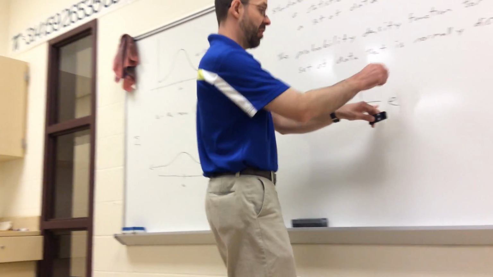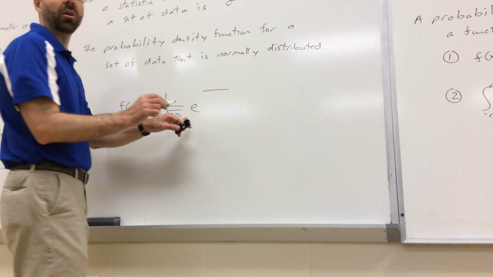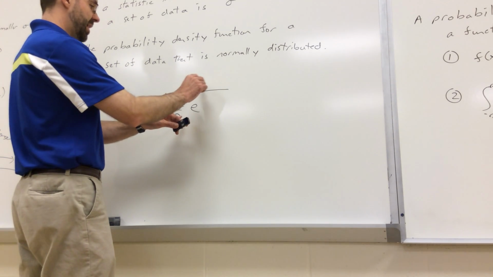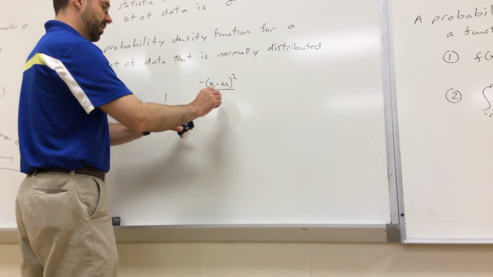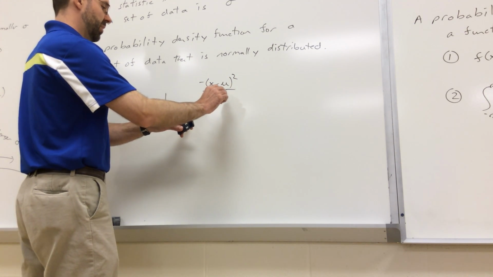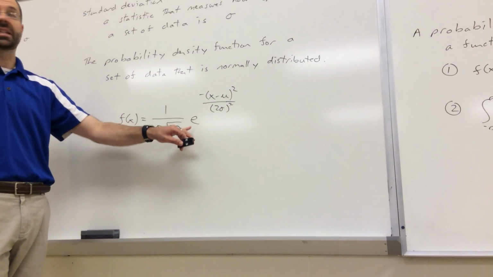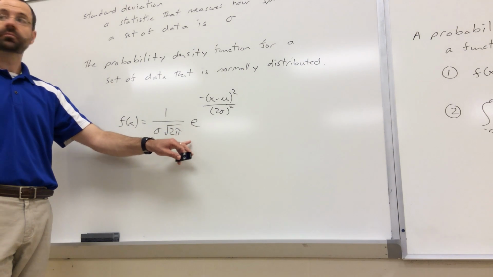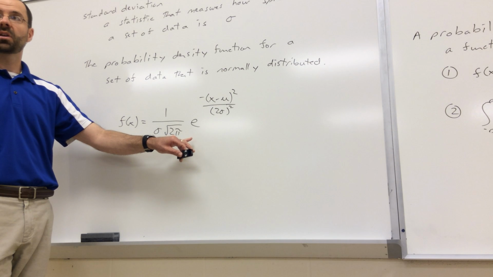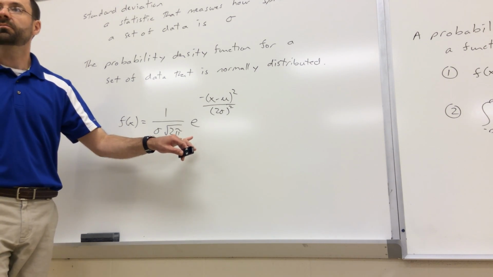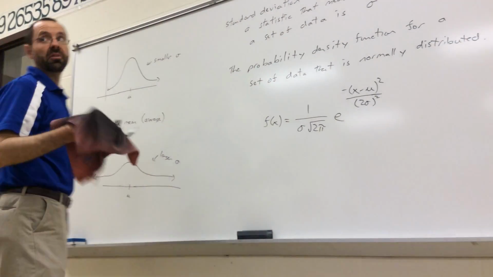Okay, then it has a power on it, and the power is kind of complicated. It's a fraction, power, and it's negative x minus mu squared all over parentheses 2 sigma squared. All of that is the power on e. We're just going to math 9 it, because the antiderivative is pretty complicated.